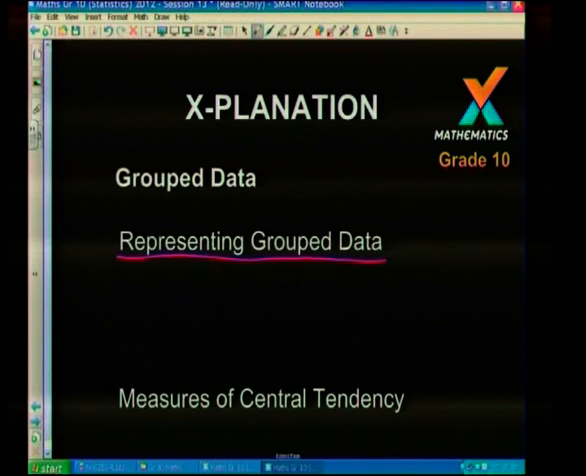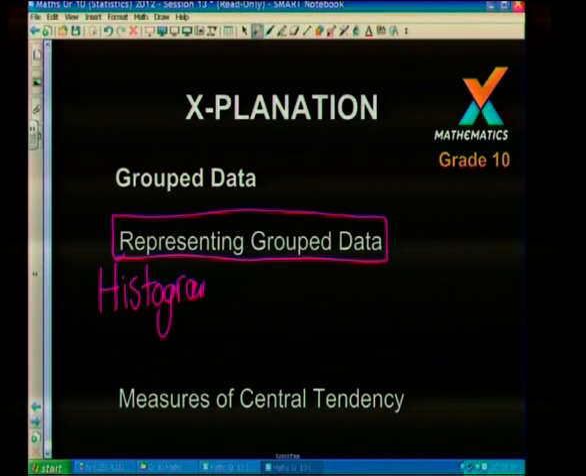Right. We are now going to have a look at the different methods that we can use to represent the data. So we've collected our data, we have done certain calculations on our data, and now we want to display it, like perhaps in a presentation or something like that. Now, when we are representing grouped data, the most common ways of representing grouped data is by using a histogram or a broken line graph,